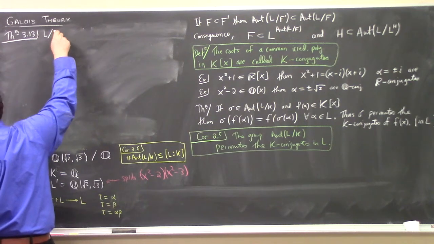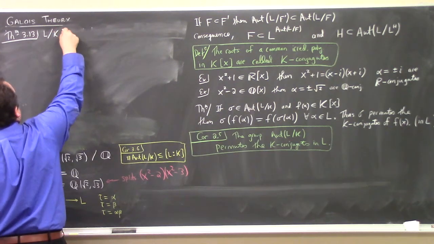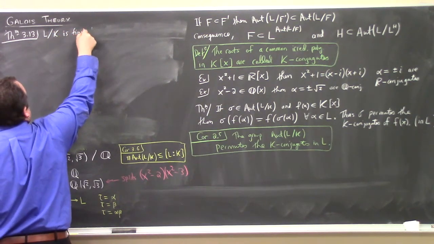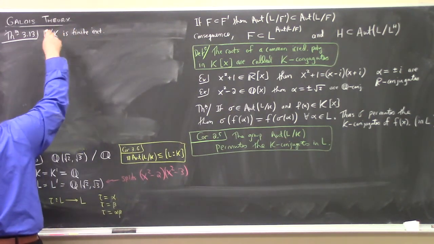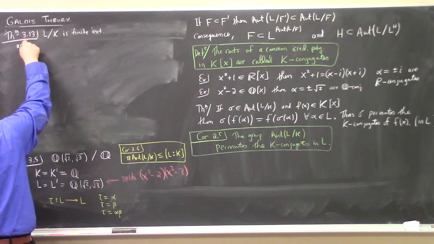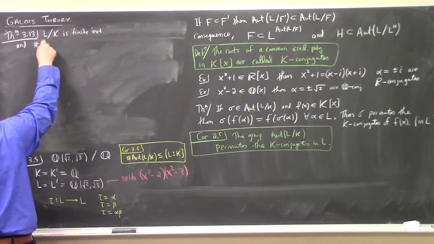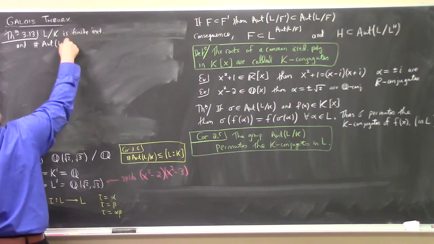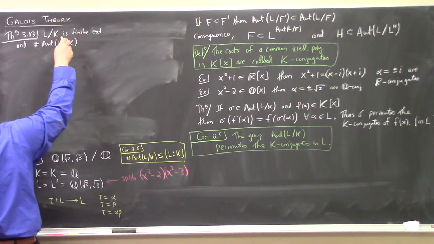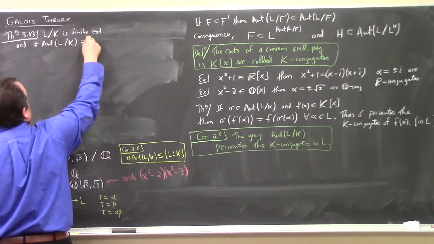If L over K is a finite extension, right, and the number of K-fixing automorphisms of L is equal to the degree of L over K,